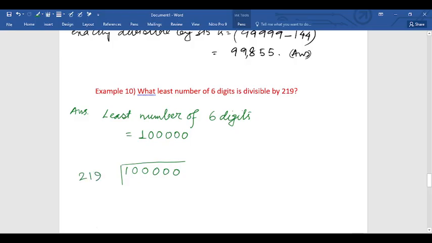219. 1, 2, 3. 100 is less than 219. So we'll take this 1, 2, 3, 4 up to this. That means 1000. Now make a table of 219 into 219. 219 into 2 is 438. 219 into 3 is equal to